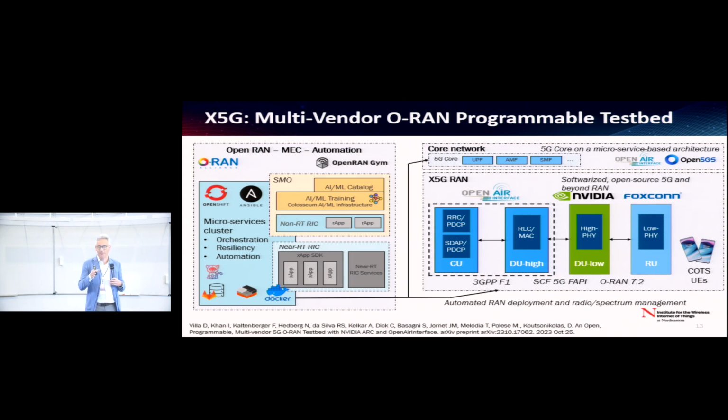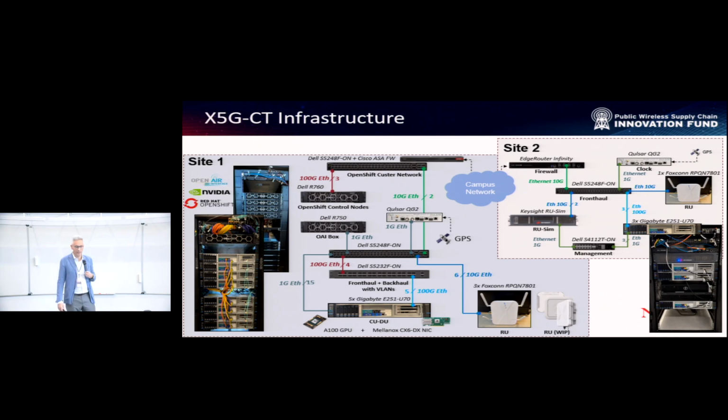There is a FAPI interface that has been developed by OAI with NVIDIA, and that connects the CU and DU high components based on OAI with NVIDIA DU low. And then there's an entire framework that is connected with the radio access network that includes, again, near real-time RIC, non-real-time RIC, and it's in a microservices environment based on OpenShift, and provides the ability to deploy all the containers that realize the radio access network basically at the click of a button. And this is just a little bit of the physical footprint of the testbed that spans a couple of different